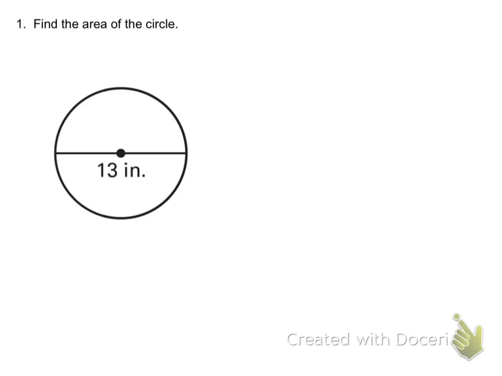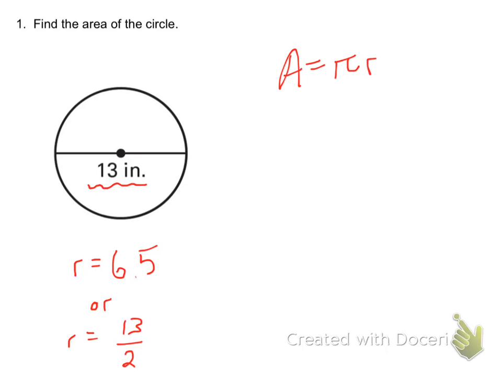Next example, find the area of the circle. This right here is the diameter. If the diameter is 13, then our radius is 6.5, or we can say the radius is 13 over 2, 13 halves. So we're still going to use area equals pi r squared. I'm going to try to keep it in terms of pi, so I'll say equals pi times 13 over 2